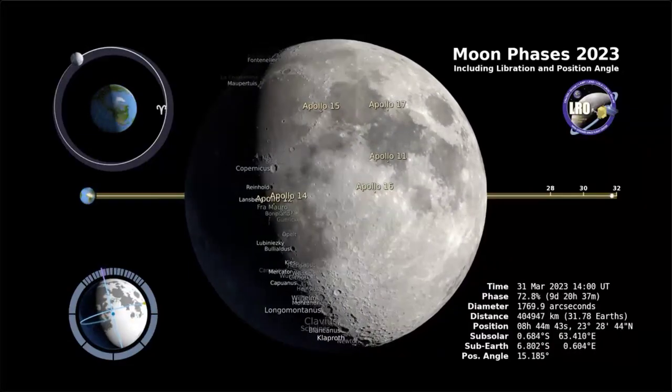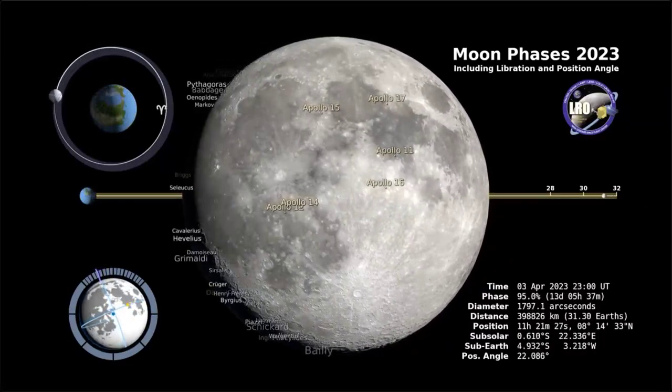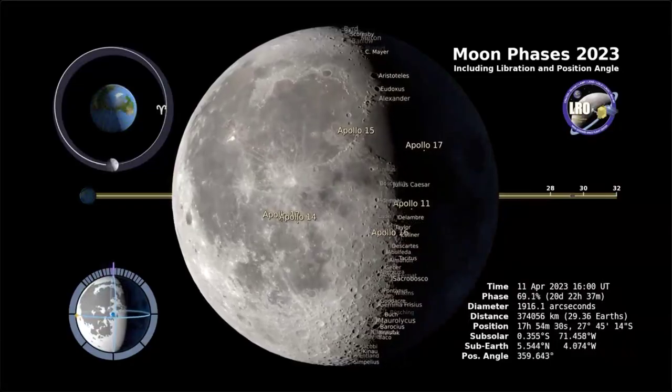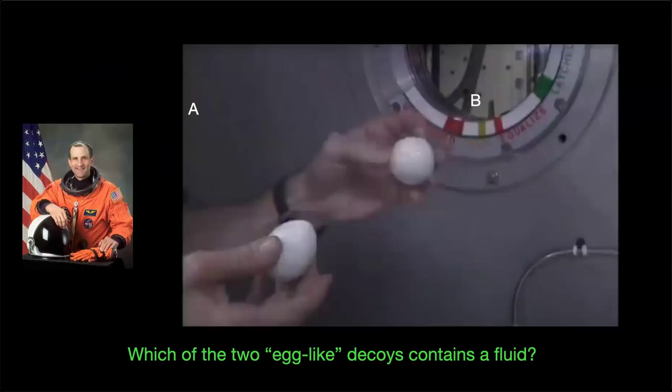The way I help somebody think of what that means is, if you look at this slide here, this was a very fun experiment by Donald Pettit on the International Space Station. What he took up there are two egg-like decoys. Why decoys? Because they don't let you take real eggs into space, or at least the International Space Station. So these are toy-like decoys, which look like eggs.